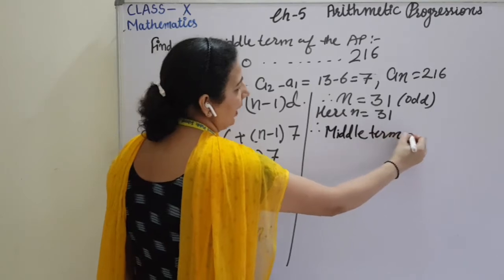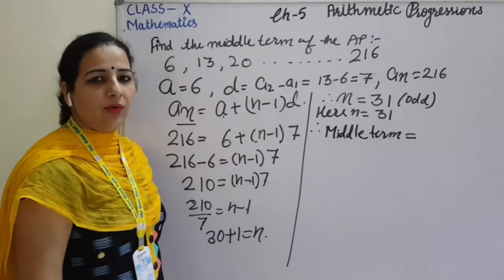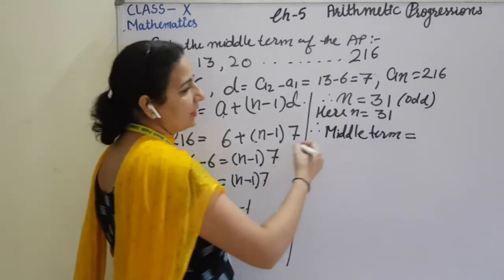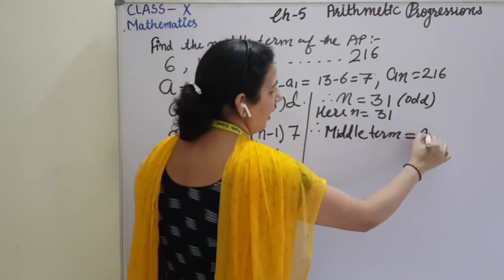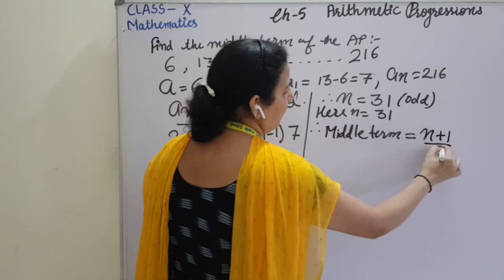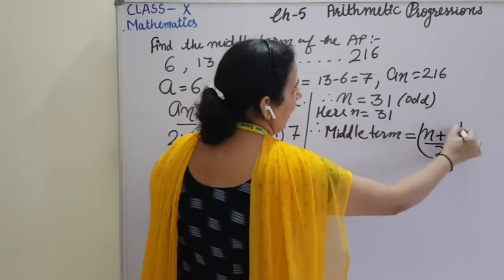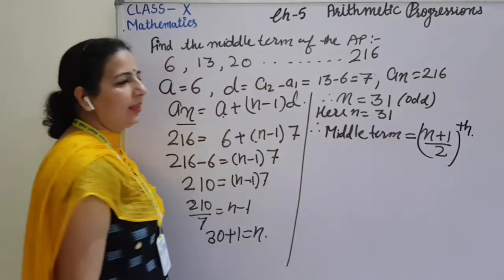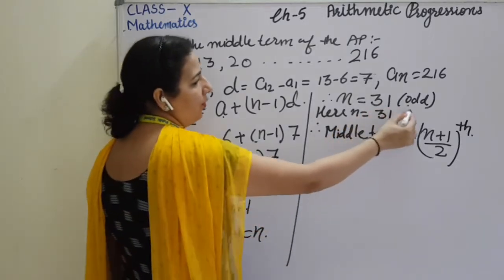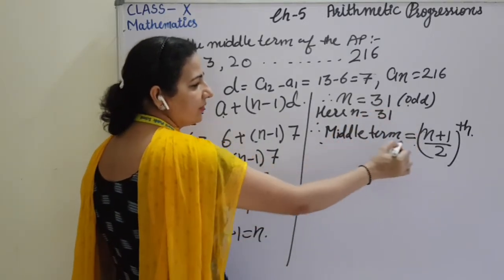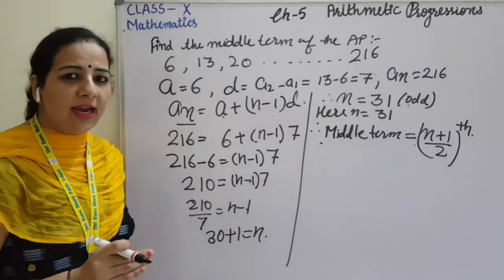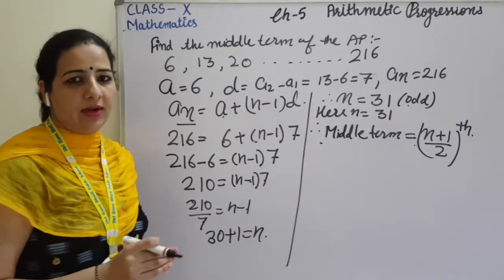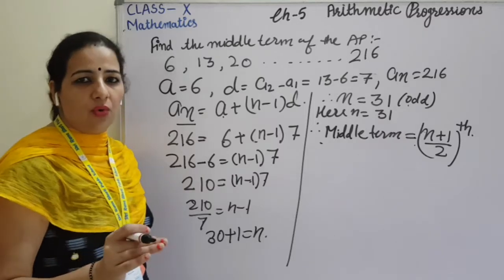This is the formula to calculate the middle term, as we have calculated in the case of median also. First let me write the formula. (n plus 1) upon 2 th term. If the value of n is odd, then this will be the formula. So this formula is applicable only and only when n is odd.